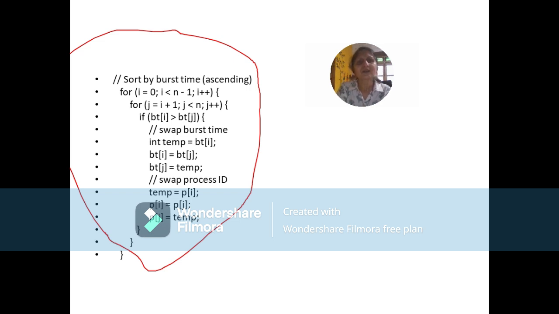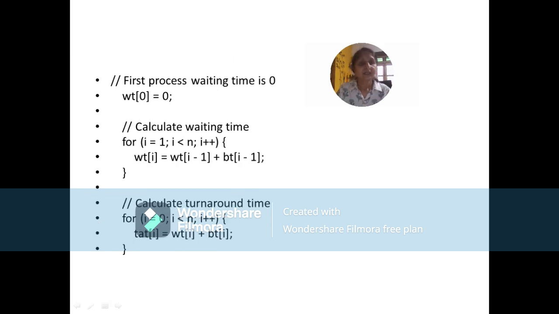Job means process. So whatever the user enters, we rearrange those processes as per their burst time in ascending order, small to large. The smallest process will get a chance to get inside the CPU first, and our assumption is all the processes have arrived at time 0. So it simply means that the first process, whoever gets a chance to get inside the CPU, does not wait. So what is the waiting time of that process? 0.